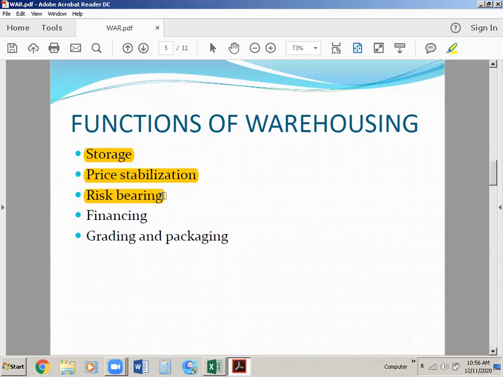Then we have financing. The financing is a very important point, because all the products which we use in our manufacturing, everything needs investment. Finance is a very important point for us. Simultaneously, when we utilize finance in warehousing, warehousing depends on your commodity: for which commodity which warehouse is required, which godowns we need. As I have discussed with you, the cold storage,